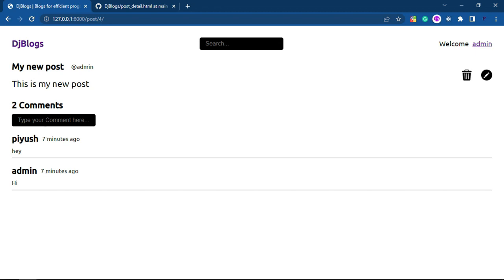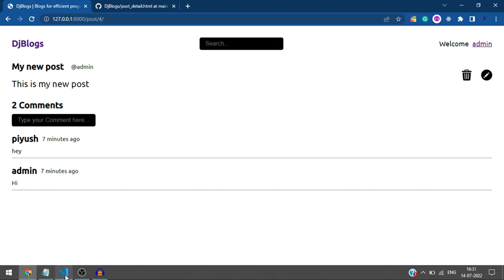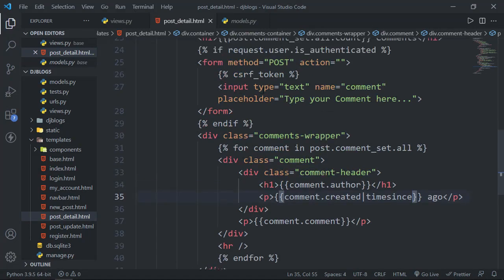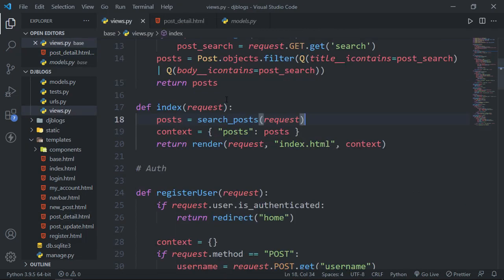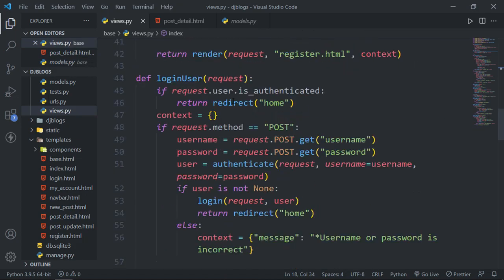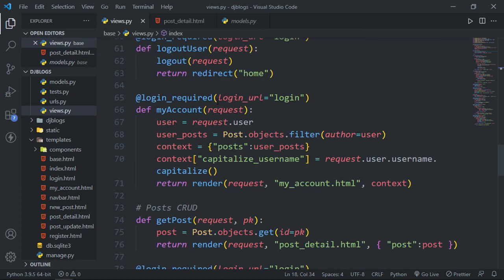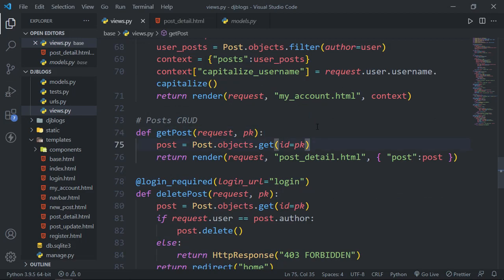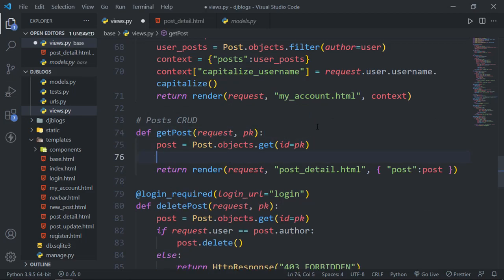Now let's handle the functionality of this comment. So if someone fills the input field and presses the enter key, the method will be post and the name is this comment. So in our backend, let's go to the post detail method, which is this get post, and here I will check for the post request. So I will type here if request dot method is equals to post, then